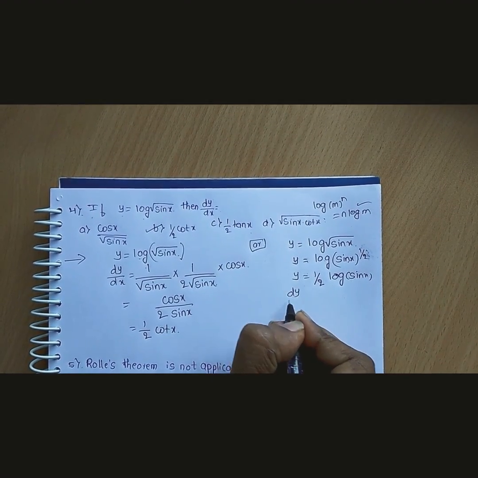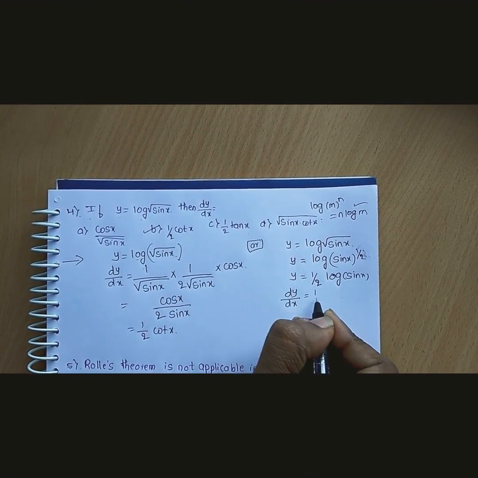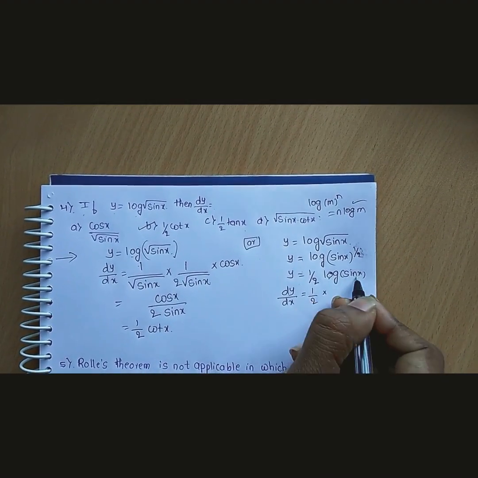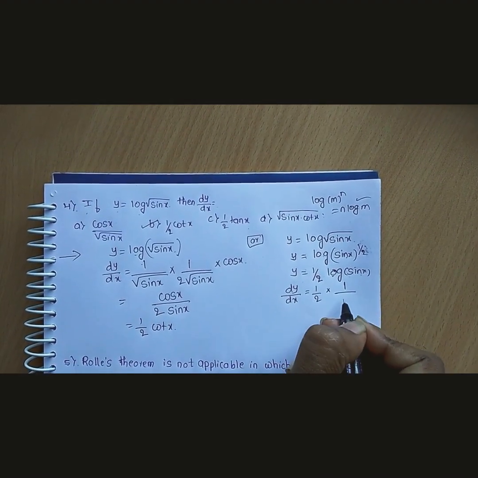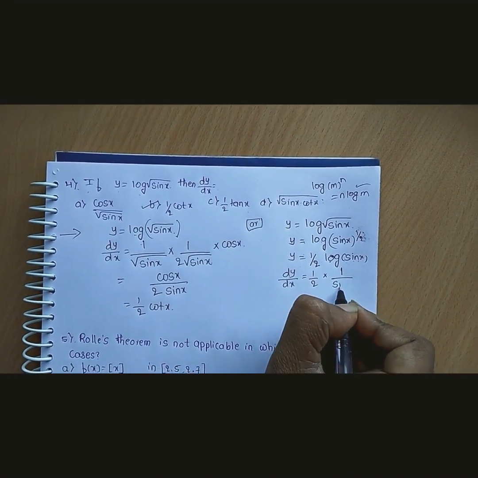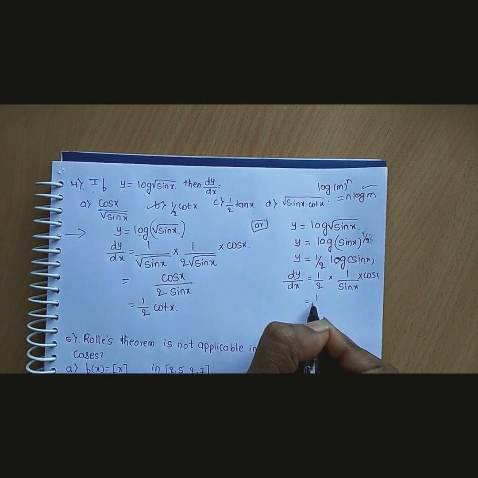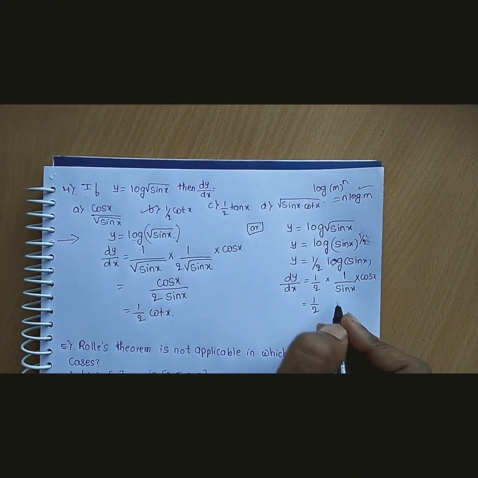Then if you differentiate, dy by dx is equal to 1 by 2, which is constant. It is of the form log of x. Differentiation of log x is 1 by x, where x means sin x, into differentiation of sin x, which is cos x. So if you simplify, 1 by 2 into cos by sin is nothing but